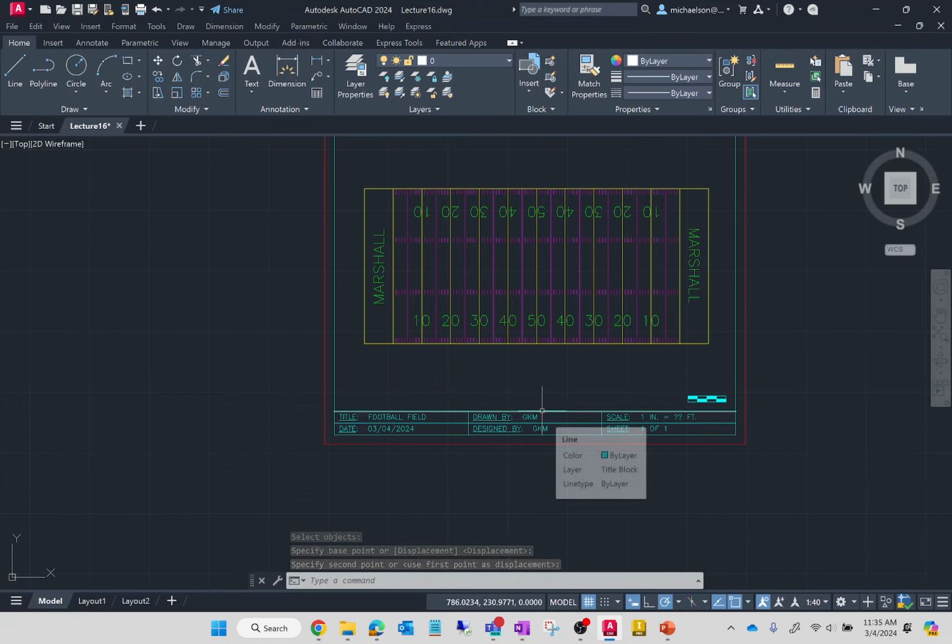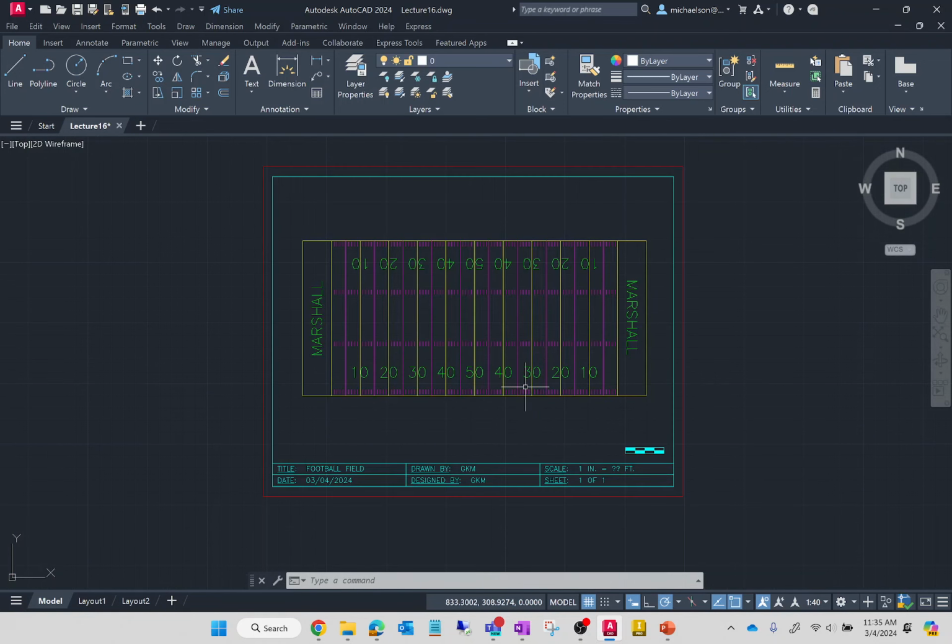I mean, there are ways that you could get this football field precisely in the middle of the page. Like you could draw some lines, but this is just me eyeballing it. And for the sake of our example, this is probably good enough. So all I did is I just moved the title block such that it fully surrounds the football field, okay? And that's just using the move command, okay?